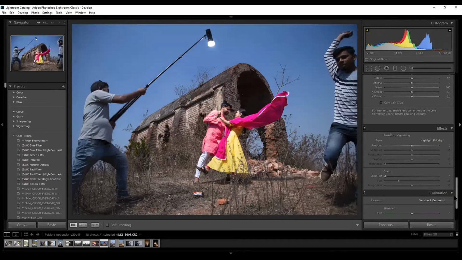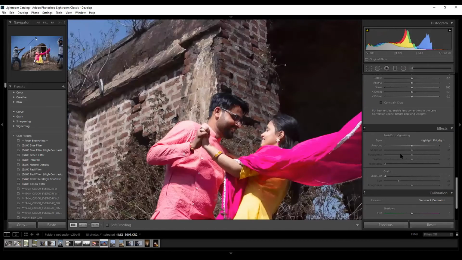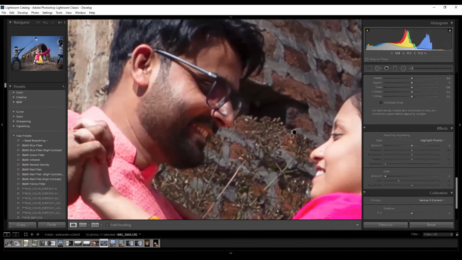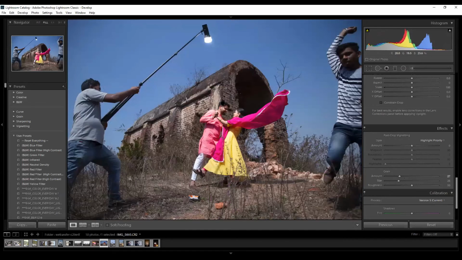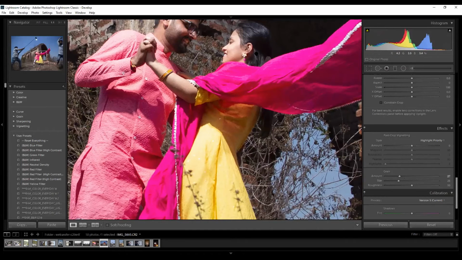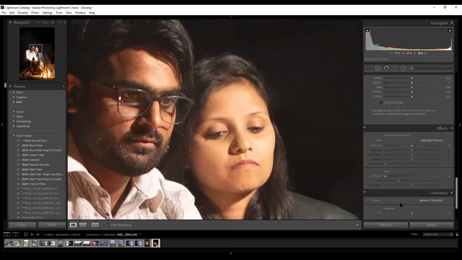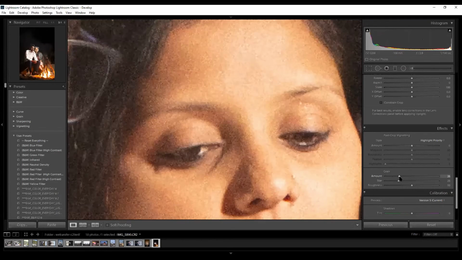Any other questions? So let's come to the grain. Grain is a way to add a little noise to your image. Now you can see, can you see the grains getting added?